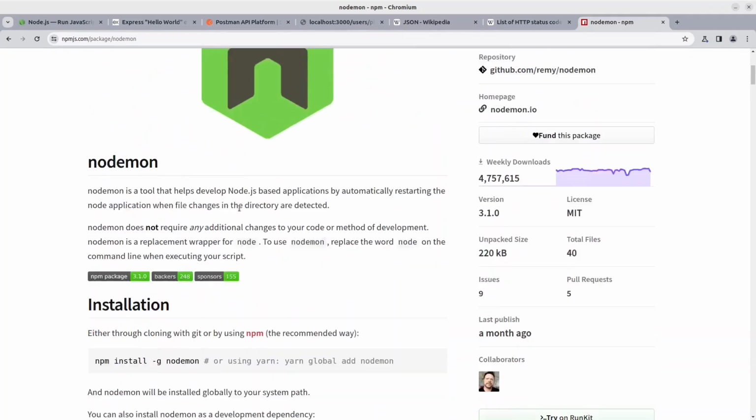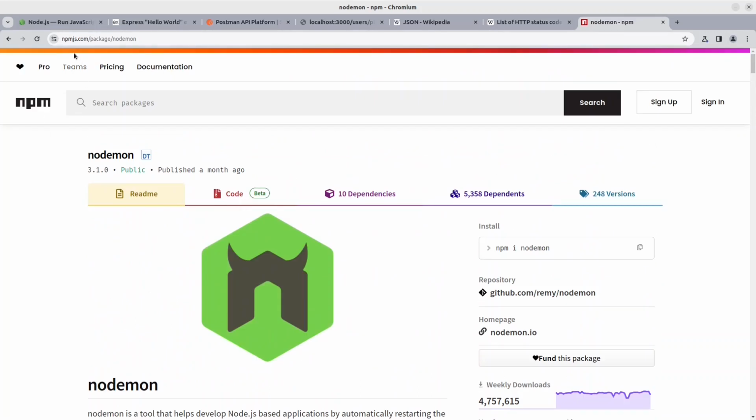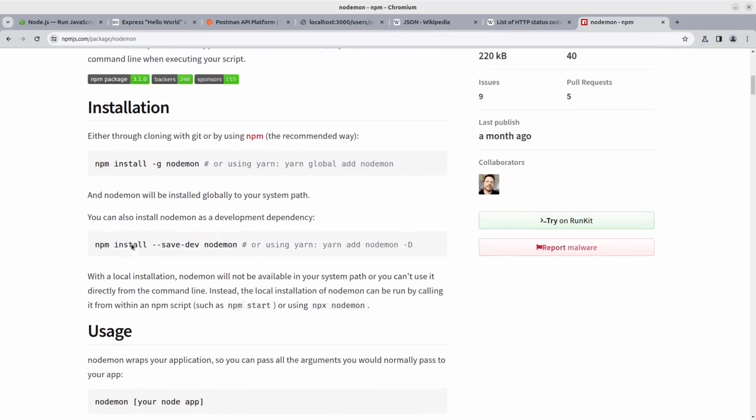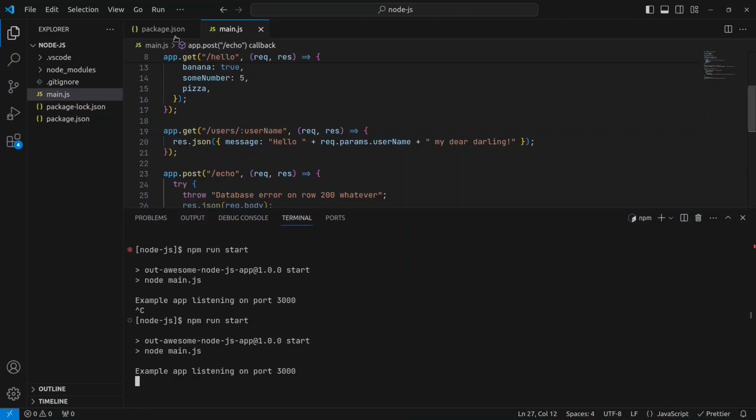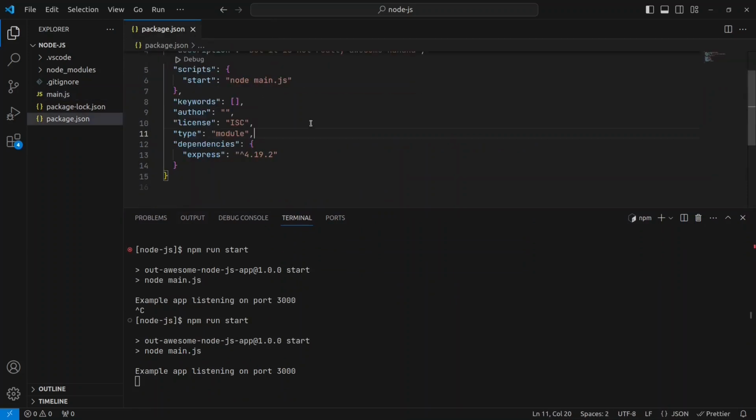Now to do that, we just come to the page. This is what you would often do. Come to the npm page for the package, and the way it's telling us to install it is either to install it globally or to install it only for this project, which is what we are going to do. So we're just going to type this one, but I'm not going to copy paste it. I'm just going to type it so I tell you guys what exactly is going on. So let's come back to the package JSON and then stop the server,